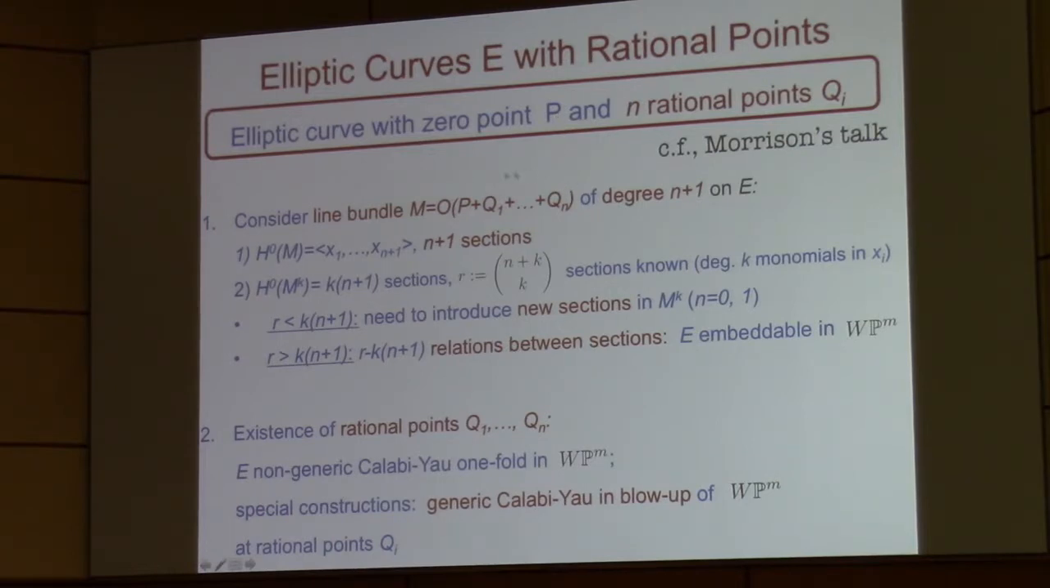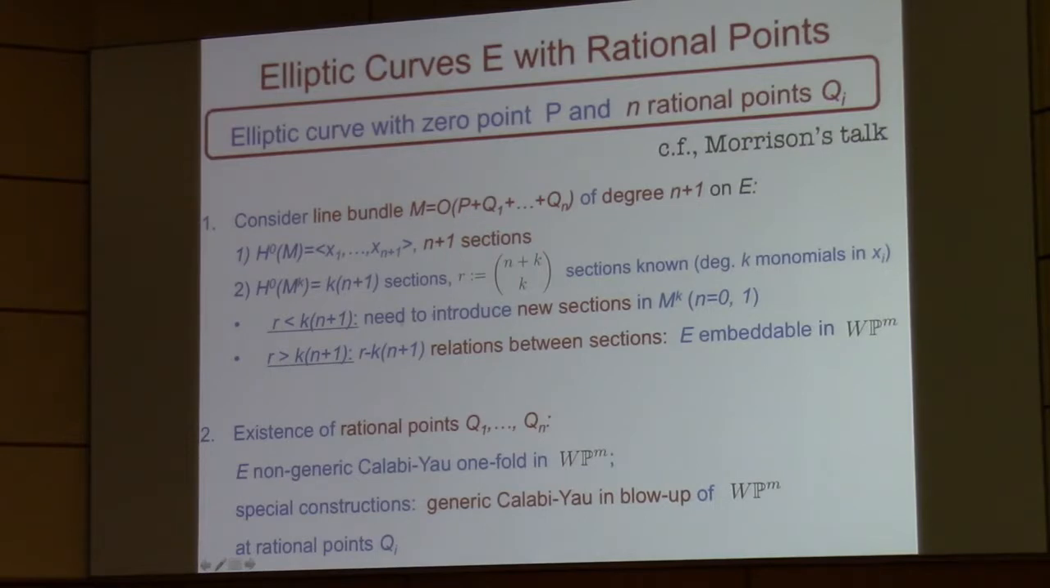Okay? And the core thing is the realization that n rational points and the 0 point on an elliptic curve are associated with a line bundle of degree n+1. Okay. And the natural number of sections of this line bundle is n+1. Okay. Now, if we are dealing with higher powers of the line bundles, we would get an additional number of sections. But in the case of n equals 0, namely only the 0 section or 1 section, this